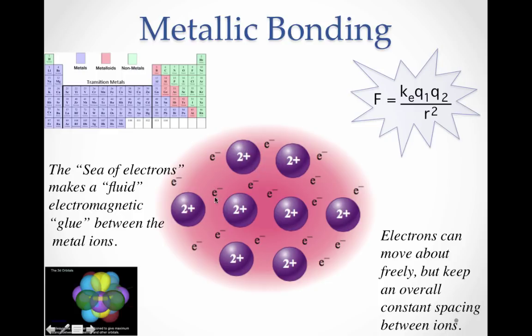So what they do is they just kind of all throw out their excess electrons that they don't need, and those excess electrons become kind of like a sea of electrons, a fluid, and that forms an electromagnetic kind of glue, but it's a flexible glue, so it's very unique. So there end up being very strong materials here, and that's why metals are very strong, because they are pushing away from each other electrically with their ions,